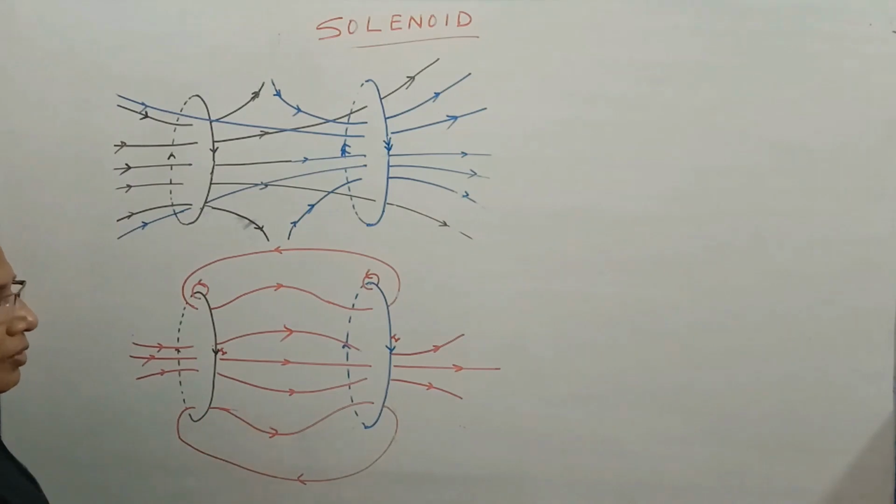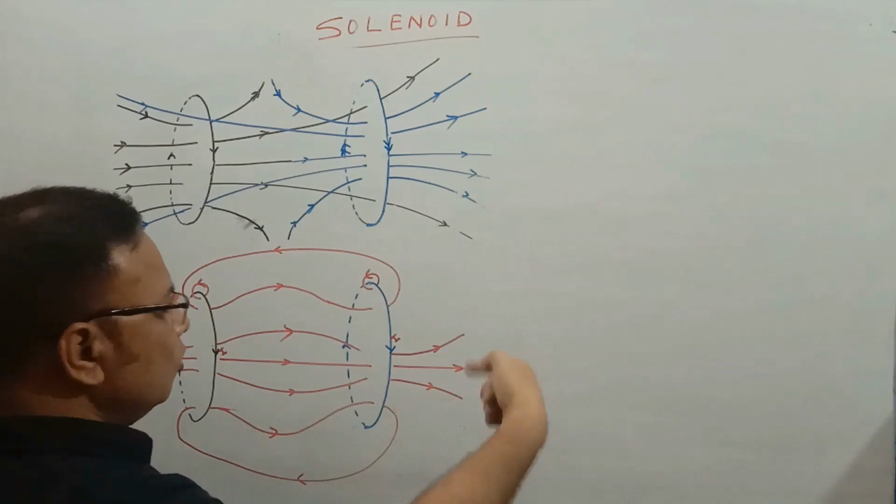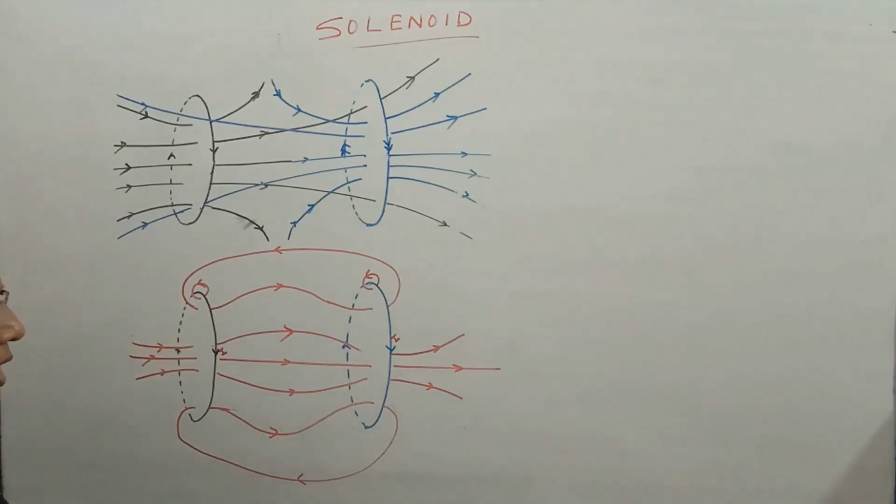In this way, we can think a solenoid may be thought to consist of a stack of such coaxial current carrying loops. So a number of continuous loops are present in a solenoid, and each one's magnetic field is going to affect the other fields as well. So the net magnetic field at any given point will be due to the vector sum of the fields of each one of the loops.